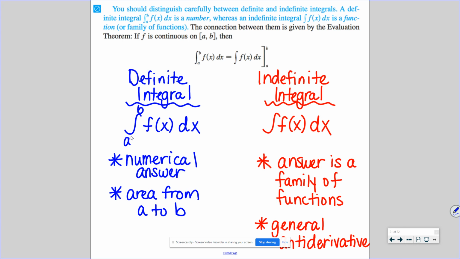A definite integral, again, will have an a and a b value. It will be a numerical answer, and it represents the area from a to b. An indefinite integral will not have an a or b. The answer is a family of functions, remember, plus c, which we include there, and this represents a general